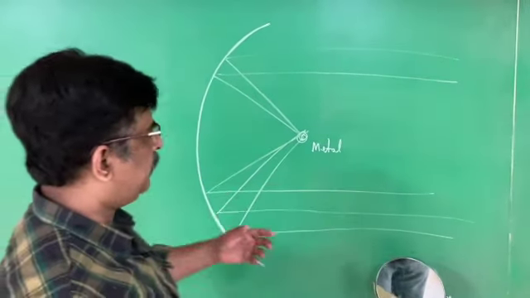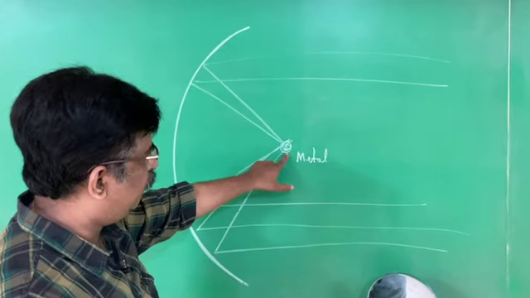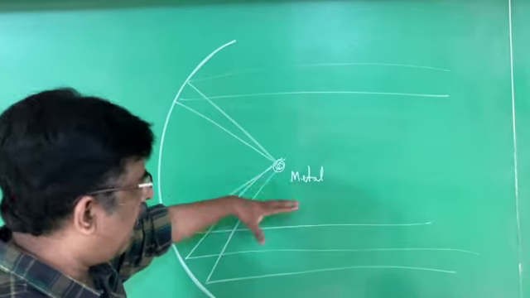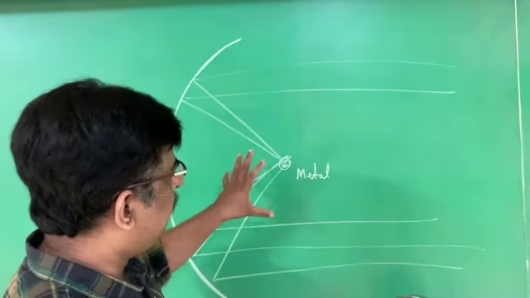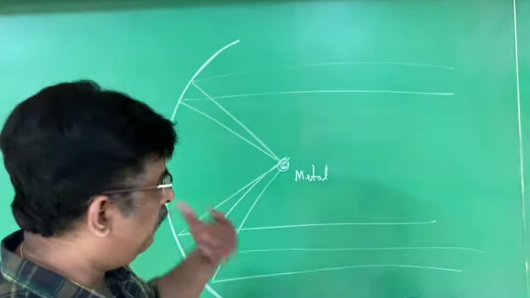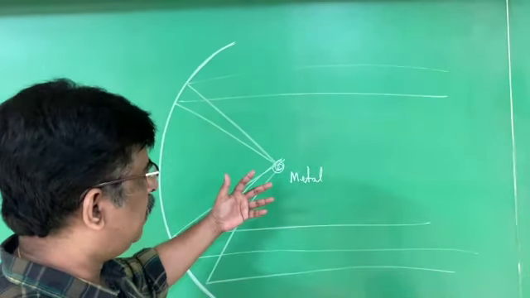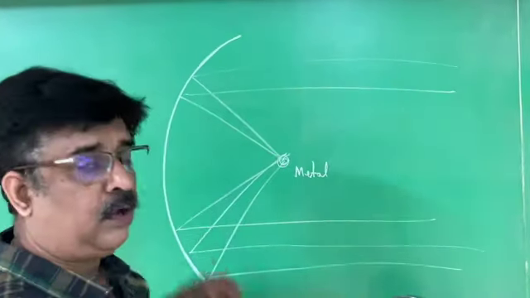For example, if you wanted to melt a metal like copper, you have to keep the copper at the principal focus of a large mirror, and this mirror is called the solar furnace. The sun's energy, a parallel beam of light to the principal axis, converges at the principal focus. At this particular point, a large amount of heat is produced. That heat is sufficient to melt metals. Therefore, this concept is used in metallurgy, where solar energy is utilized to melt metals, and we get a very large temperature of around 4000 degrees centigrade. This type of device is called a solar furnace.